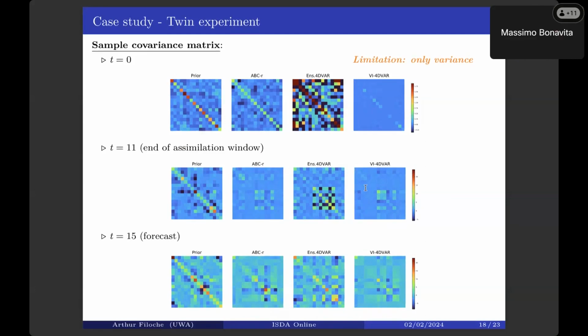Perfect, thank you. So finally, we can look also at the covariance evolving over time. The first thing we can see is that variational inference 4D-Var definitely underestimates the variance here. Also, a limitation that appears is that the variational posterior we picked is not able to model covariance. So even though over time it seems like variational inference 4D-Var is catching up, I don't have any quantitative metric to confirm this.